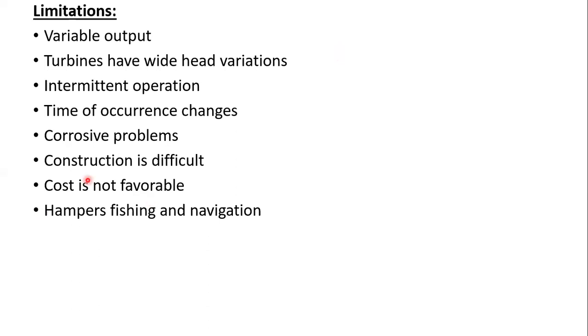And next one is construction is difficult. Normally any construction done on land will be easy because it will not oscillate and it will be steady, and on a rugged surface we can construct easily. But coming to the sea, we are always obstructed by the seawater. So construction in the sea or in estuaries is found difficult as the base will not be strong enough to withstand. First we have to stabilize the base, and after that we have to go further. So construction is somewhat difficult when compared to land.